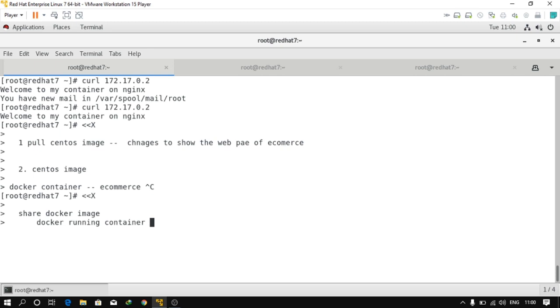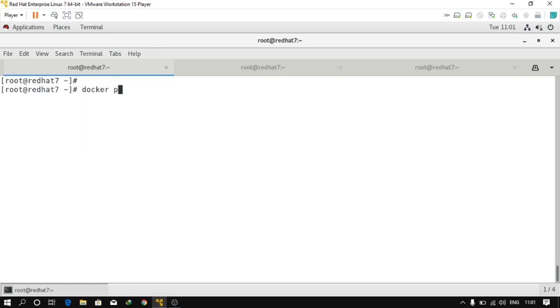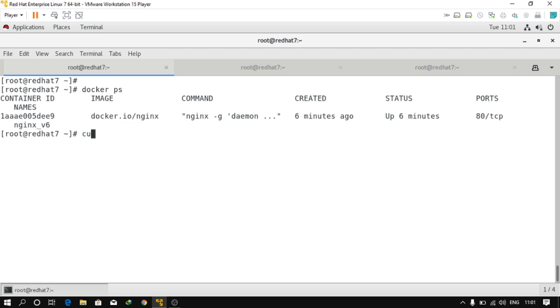This is the main thing that we have to do in this scenario, because in the base machine you only download the base image and default web page. But if you want to directly download and run the e-commerce, you have to make an e-commerce running container. You can save it in your machine, and you can directly share that image with your friends to run the same e-commerce container. So now, if I run docker ps to check my running containers,